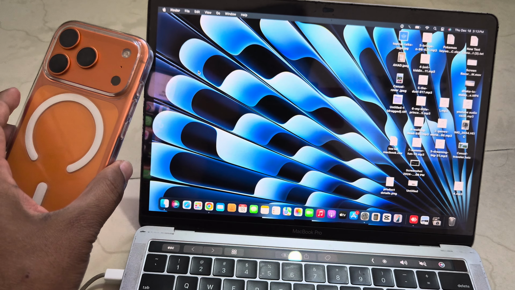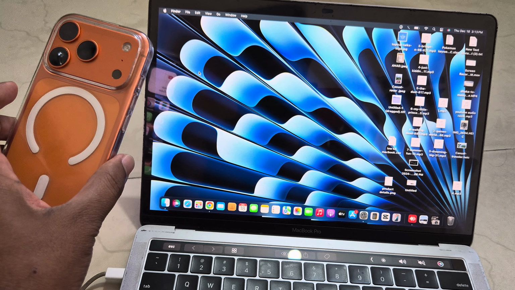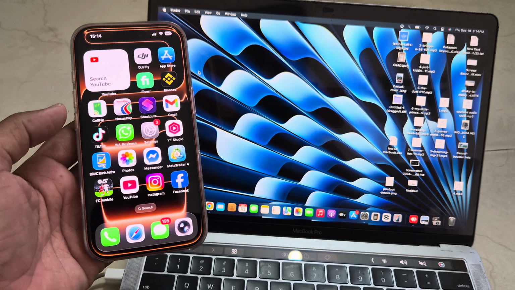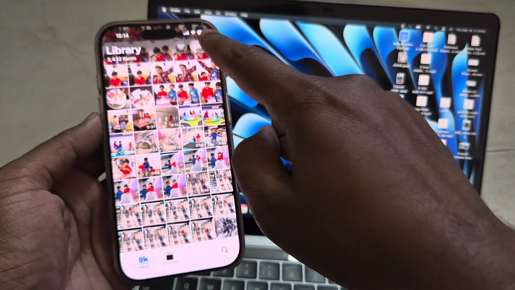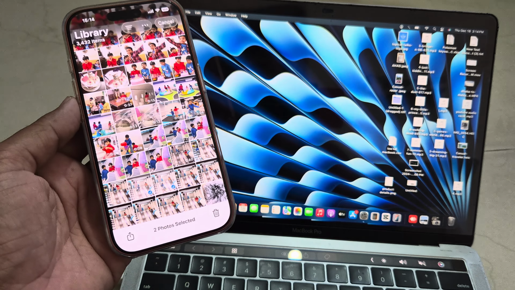How to transfer photos and videos from iPhone to your MacBook. You can do it two different ways. If you want to transfer quickly without a cable, then press on Select and select your image, and here you can